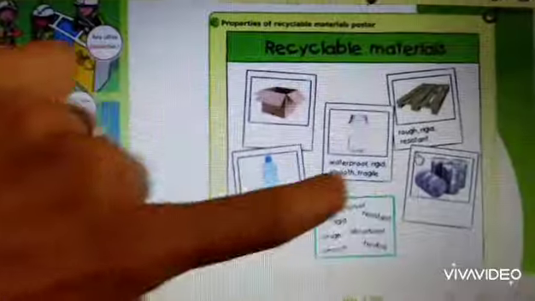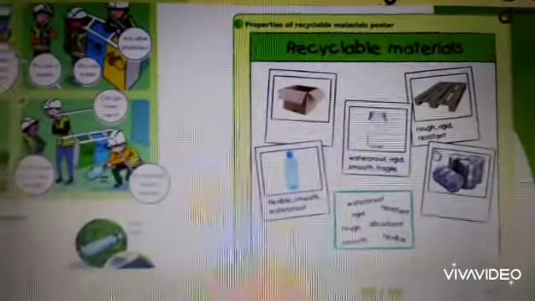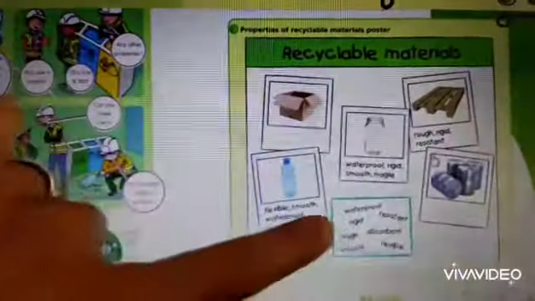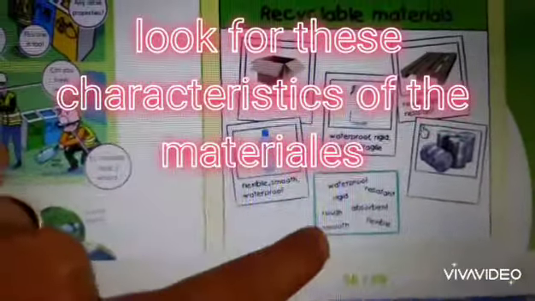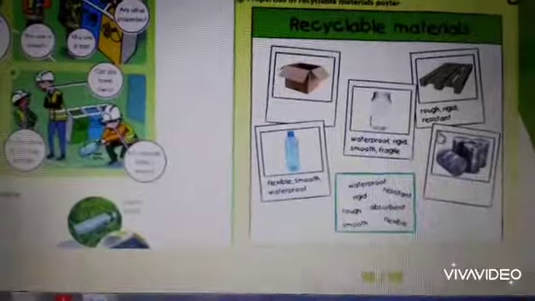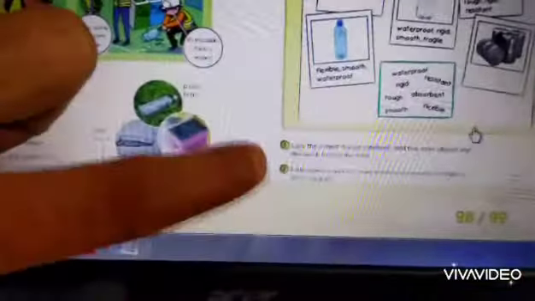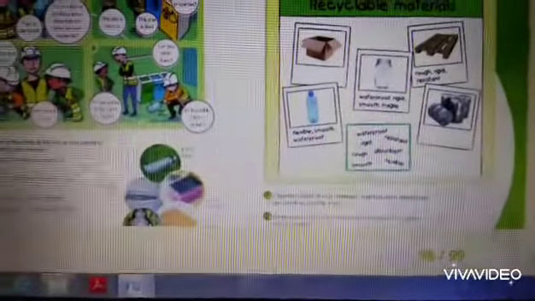And here you can find more vocabulary that explains or defines what the different materials are like: waterproof, rigid, resistant, absorbent, flexible, smooth, and rough. Okay, once we know the characteristics of the materials, here you have some little questions that you can read and do orally. And after that, if you come back to the instructions, here they tell you that it's time